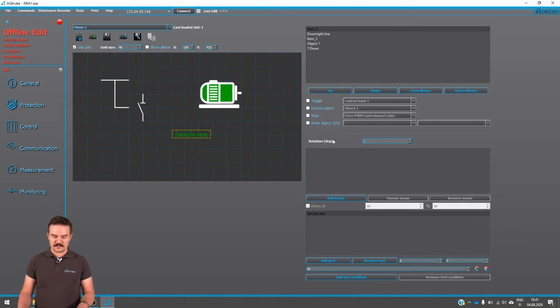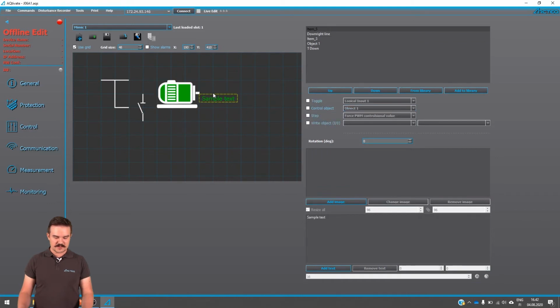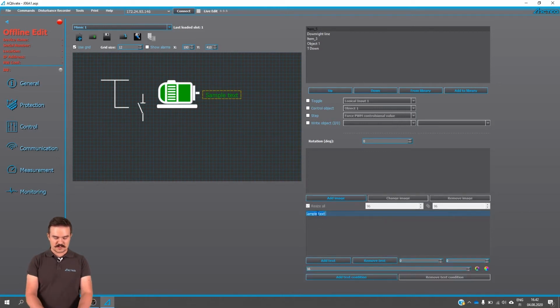Text can be rotated just like images, and it can have text conditions just like images can. So we could make some text to accompany this motor here. We give this text something like temperature normal. Add text. So now we have two texts here,